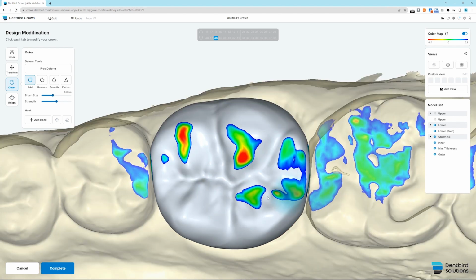You can see here, add where it's needed on the crown surface after adjusting the brush size and strength. With Remove, you can remove from the crown surface, of course. We'll remove from what we've added before, like this.